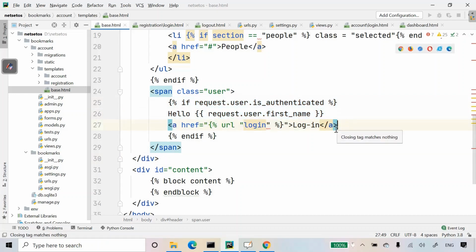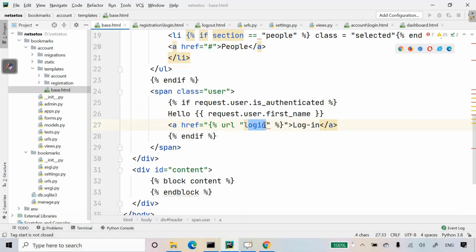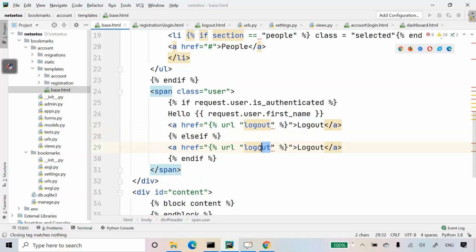Now when I come down, here we have defined the if condition. Now let's check the else condition also. If request.user is authenticated, it will print hello, the first name, and here it will have logout, otherwise here it will go to the else, it will be diverted to login.